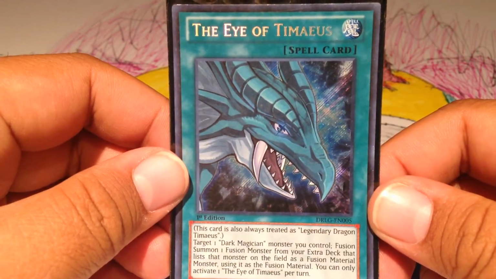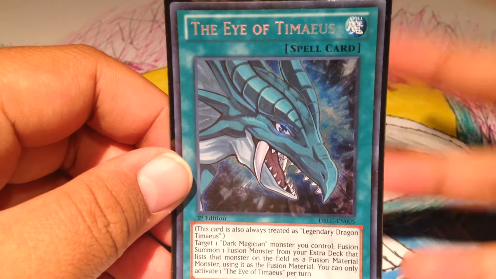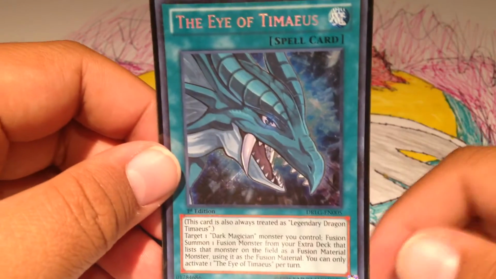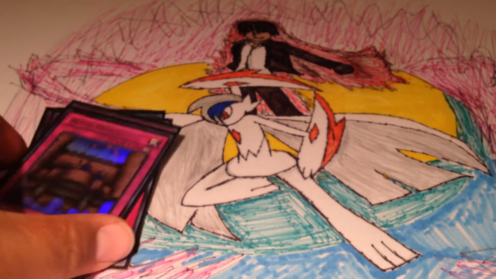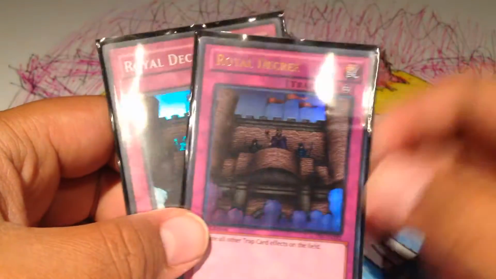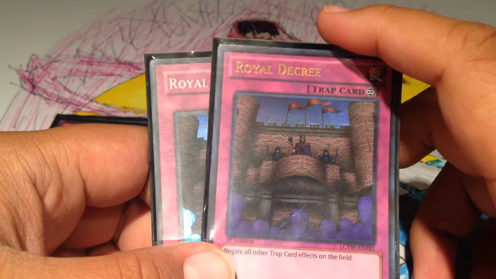The Itemize, just splash this in there to get out stuff. I mean, different plays, like I said, variety is really good, and it's for fun. I was running 2, but I took 1 out. I didn't need it. 2 Decrees. Honestly, this could also be Mystical, or it could be another